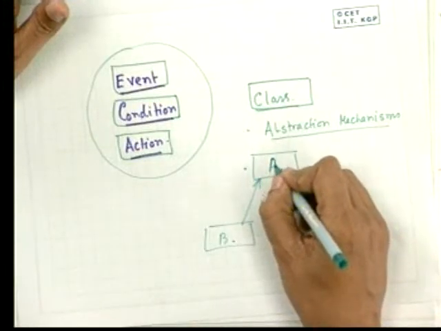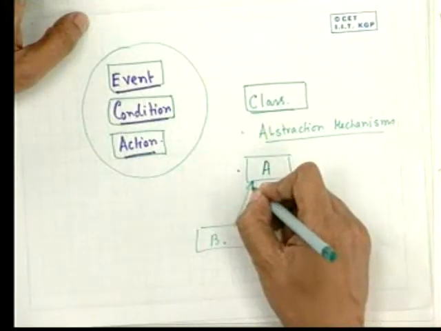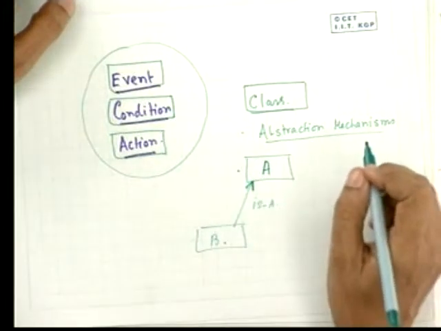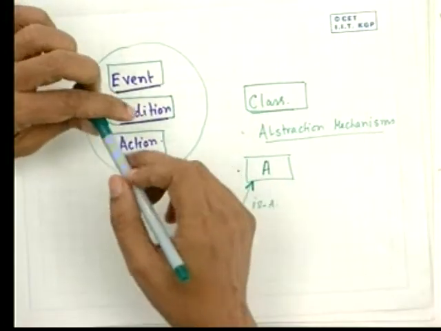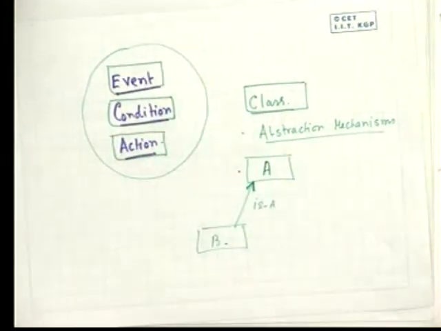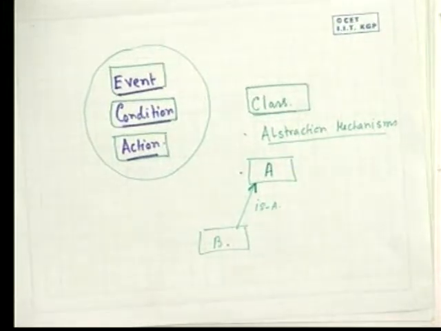Now, there may be some problems in this situation, when the class B tries to modify the behavior or tries to add a few new states while describing its behavior. In such situations it might be desirable that some restrictions or constraints have to be followed while defining the behavior of these inherited classes. A typical approach that is often suggested is that